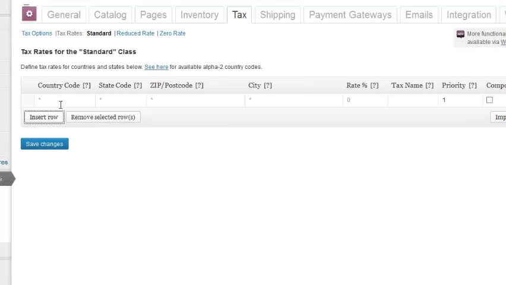You'd insert a row, you put in your information here, the tax rate, and that sort of thing. You can actually get very complex with some of this stuff, but again, this is where you set up your taxes if you're collecting tax and you're properly registered. And again, there could be a lot to this depending on the laws of your state or country.